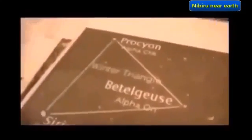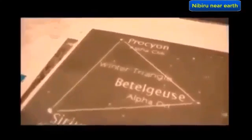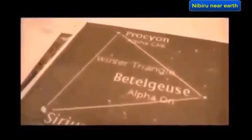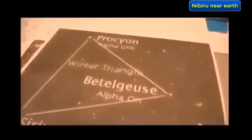And you can also see Betelgeuse, Procyon and Sirius as well, those stars that make up the Winter Triangle. And I don't think it was any coincidence that the pyramid, first of all, was built in the Orion constellation, and that it took on the shape of a triangle when you looked at it, or a pyramidal shape. So if we look into what possibly they were trying to draw our attention to, and I do believe that was what they were trying to do,